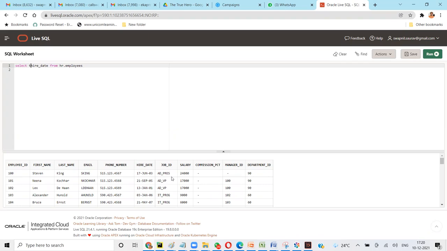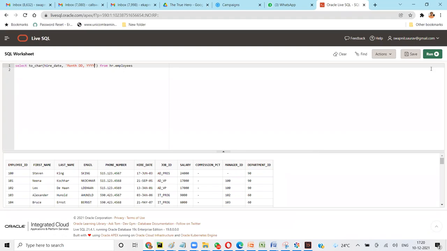I'm going to say to char, and here I'll pass this hire date, and along with it I'll give the format in which you want to convert it. So let's say I'll convert into month month space dd, or generally we say this, comma here.